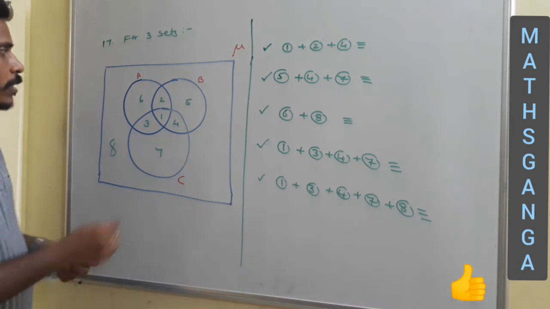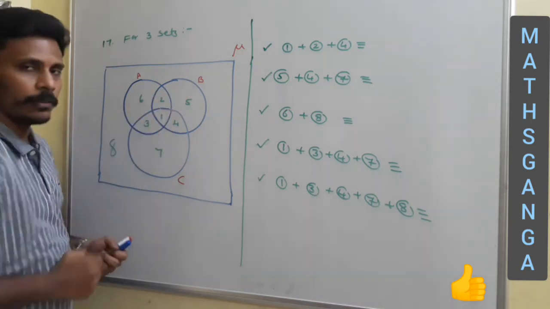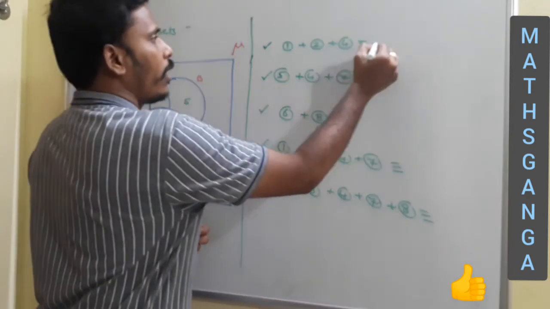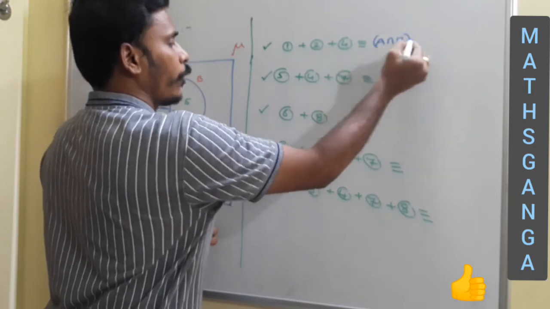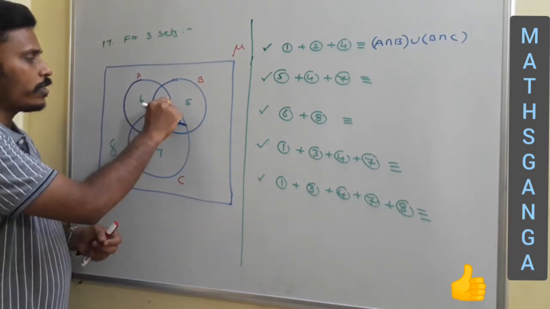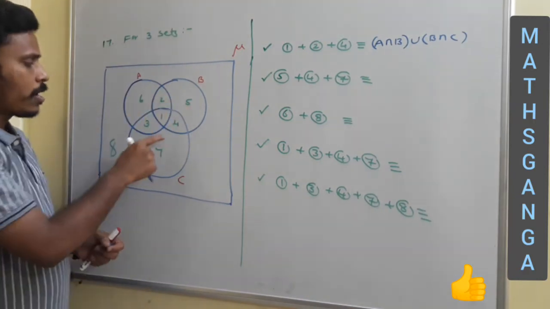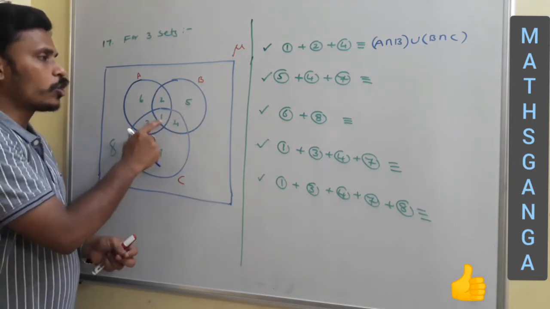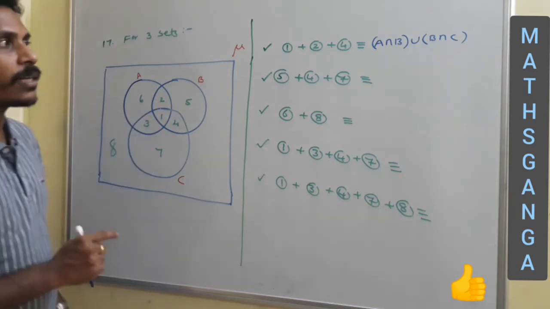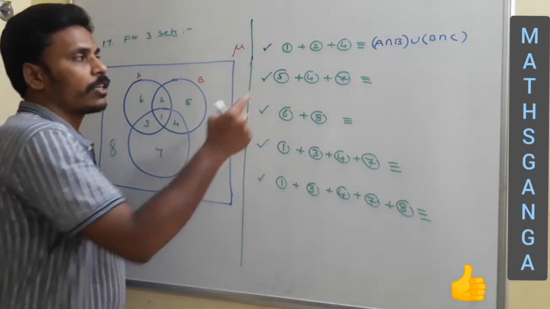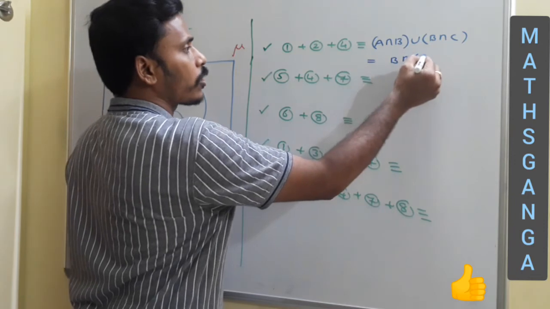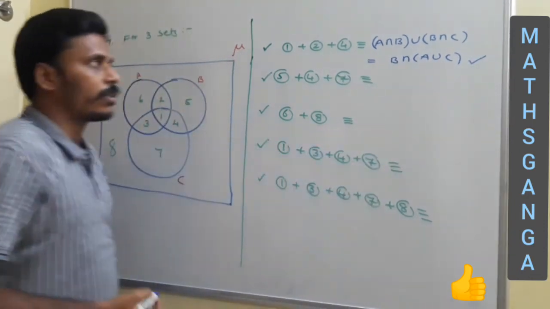Okay. See, this 1, 2 is the region of A intersection B, and this 1, 4 is the region of B intersection C. So there is one such chance: A intersection B union B intersection C. Is there any possibility? Yeah, exactly. 1, 2 is the region for A and B, A intersection B, and this 1, 4 is the region for B and C, so B intersection C. If you use union, I will get this 1, 2, 4. So A intersection B union B intersection C. So that means B intersection A, B intersection C, and at the end I will give it like this: B intersection of A union C. So that's the name for that 1, 2, 4.